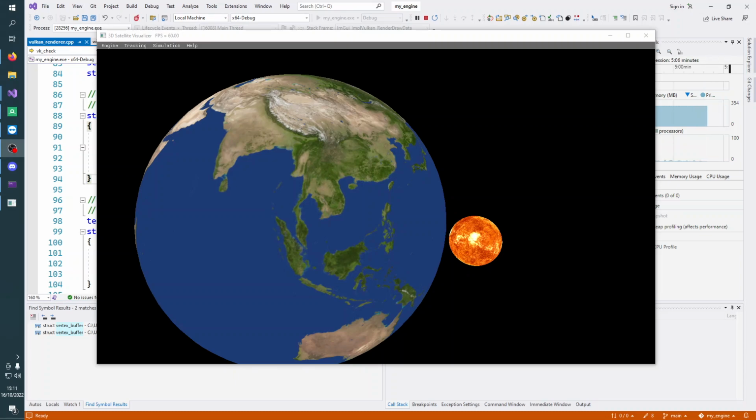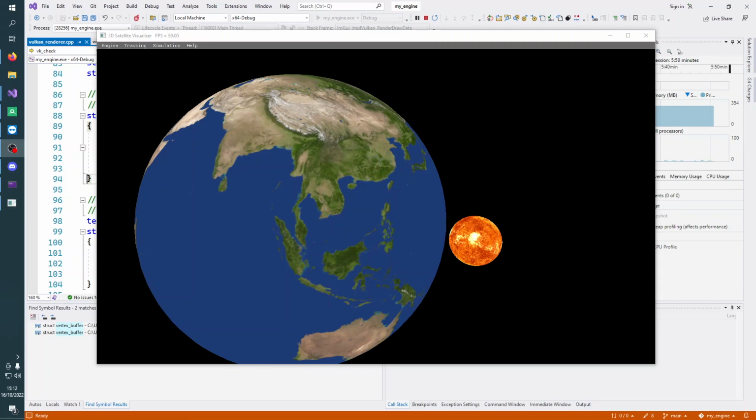Essentially, each of these textures gets loaded from the file system onto the CPU. They are put into a staging buffer, which the GPU can then obtain and copy those textures onto GPU local memory, because obviously we want anything which is going to be rendered to be stored on the GPU for extremely quick memory access, because we don't want to be going through the bus, getting memory from the RAM, because that's extremely slow, and the more textures